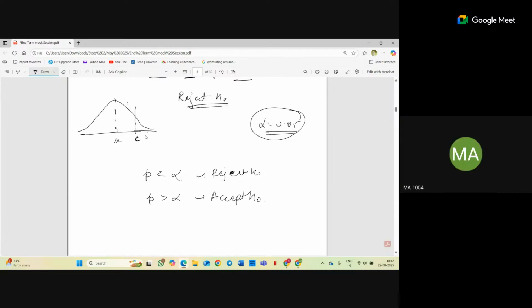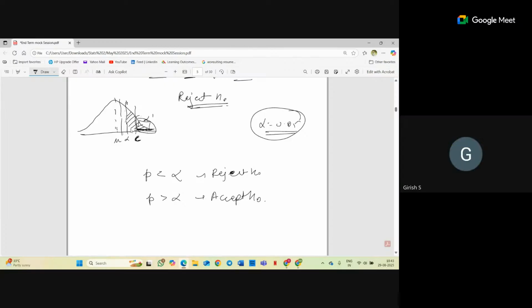Yes, ma'am. That is the t, right? So let's suppose this will be my alpha region, correct? When my critical value is this thing, my alpha region would be this part. So this would be my p value here. If my p value is coming less than alpha, I would still be rejecting the H0. But if my p value is coming greater than alpha, like suppose alpha is here, my p value is coming out somewhat here, then I would be accepting the H0 because it is not in the range of alpha.